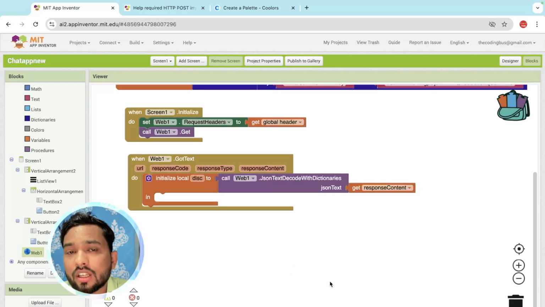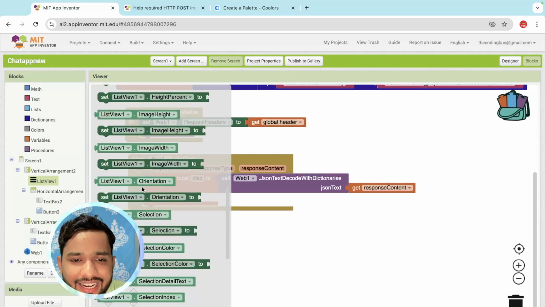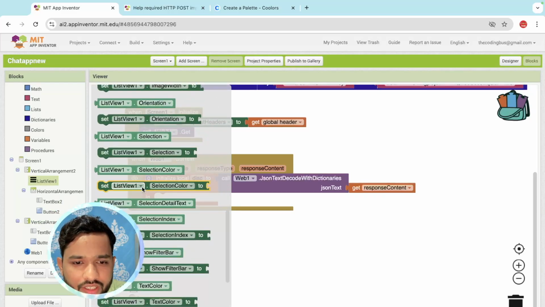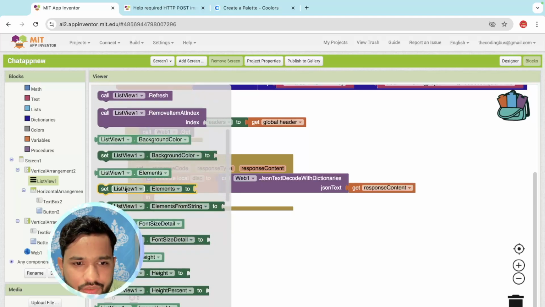Now we are converting it. Now we need to fetch all the data. So how can we do this? First of all, click on that list view and set list view element. Just find it here, like this one. Call it here,